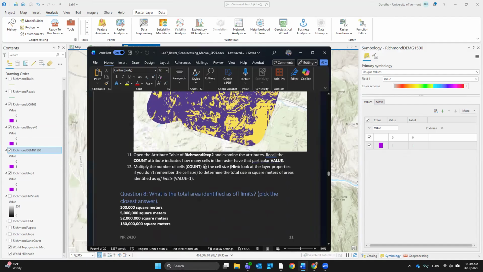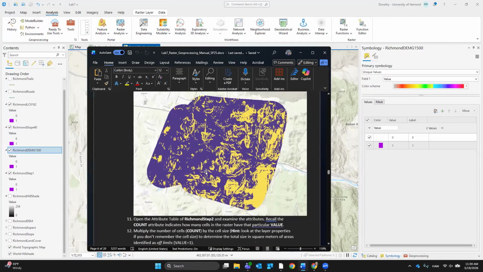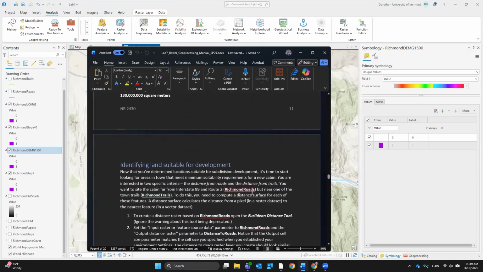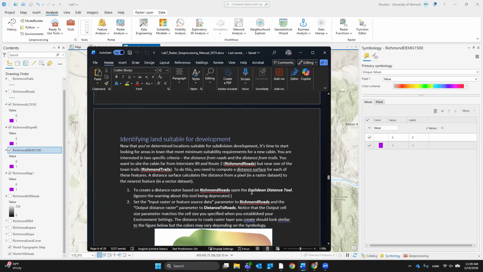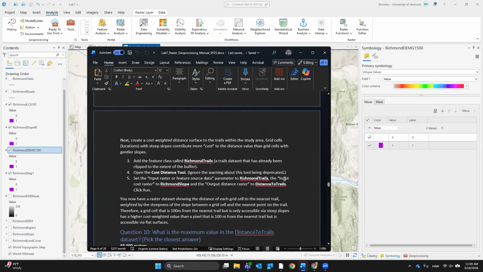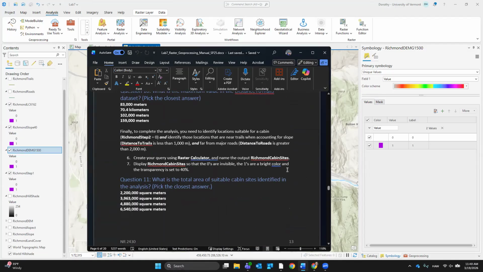So we need to put together slope, basically our three rasters together. It doesn't tell you how to do that in here, but I bet step one was going to have to get put together with step two. So I'm going to scroll down here to see what it's called. So this is roads, fine, whatever. I'm going to keep scrolling and see if they told me how to do it down here. Slope, distance to trails.